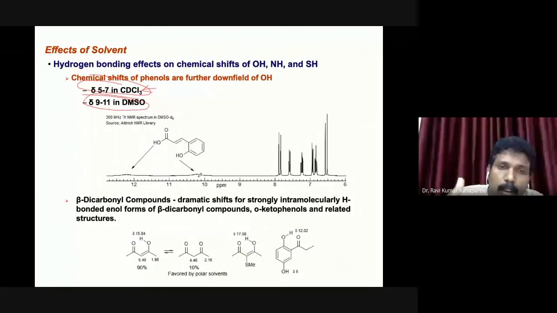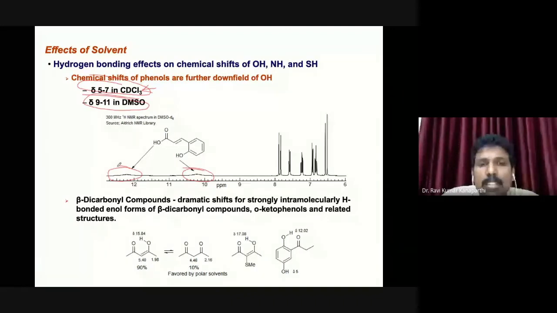If the solvent is not neat, then there is a presence of OH, and the OH protons get exchanged with the OH protons in the given carboxylic acid, phenol or alcohol. As a result, you can see here they are not sharp, they are very broad. So this is one indication. Whenever you come across a broad peak, you should immediately suspect a labile proton, which can be an OH or NH or SH.